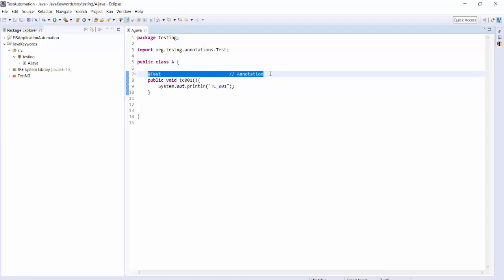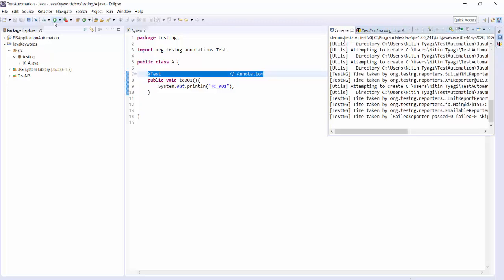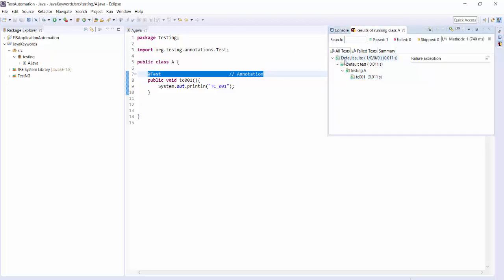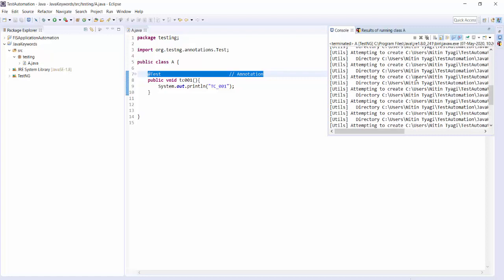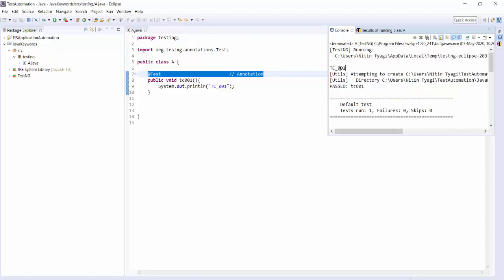Okay, that is done. Now I want to execute and check what the result would be. That's my run button. As I click on this, it will execute, and here it shows execution successful. If you go to the command prompt, there you are getting the output printed, means yes, this method executed successfully.